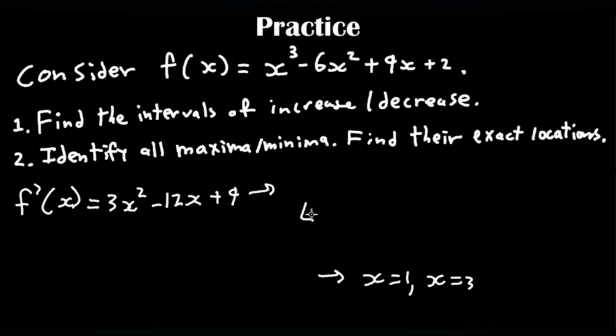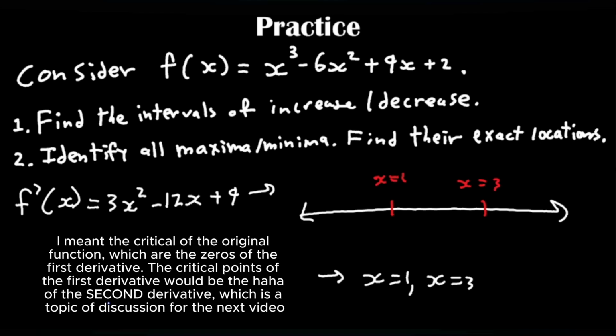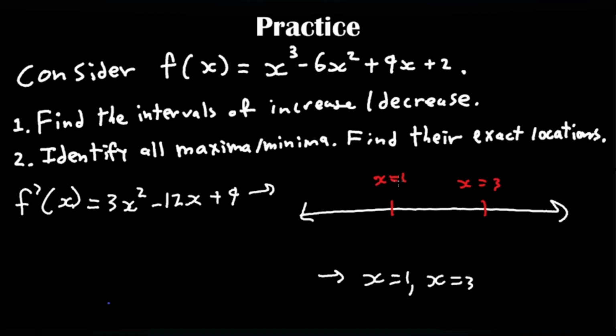So a helpful tip for these kinds of problems is to draw a number line and then label or mark where the zeros of your first derivative are. So for us, we have x equals 1, x equals 3. And then the next step would be to plug in points between those zeros, those critical points of the first derivative. So if we plug in a point between x equals 1 and x equals 3, let's try x equals